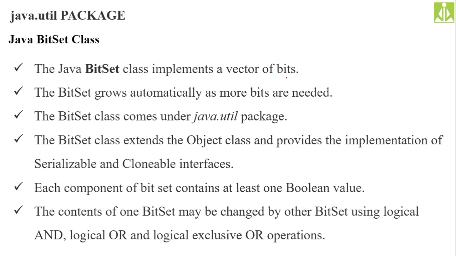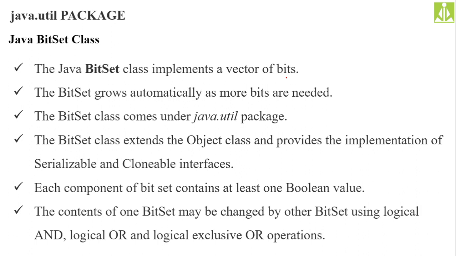So Java's bitset class implements a vector of bits. So it is something like an array, we can say. An array which can grow and which can shrink according to your need. There is no specific size we are going to have for this one. Initially it will have a specific size, but it is not like your regular array that it will be bounded to that size only. It can grow and it can shrink automatically.